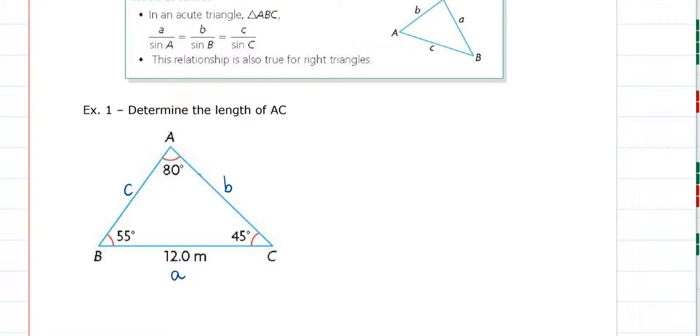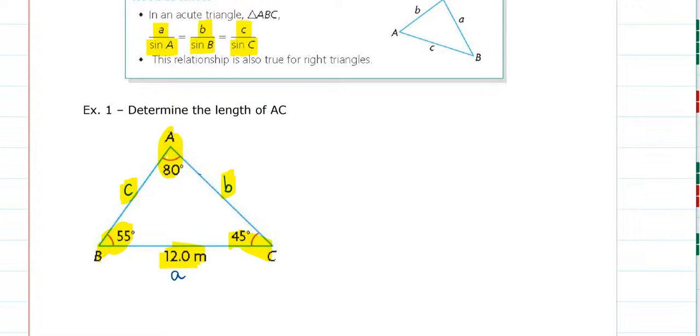So the sine law states that I have the length of my side a divided by the sine of the angle A. So this is the ratio between the sine of angle A and the length of its opposite side. That ratio is equal to the length of side b divided by the sine of angle B, which is 55 degrees. And that's also equal to the ratio between the length of c divided by the sine of